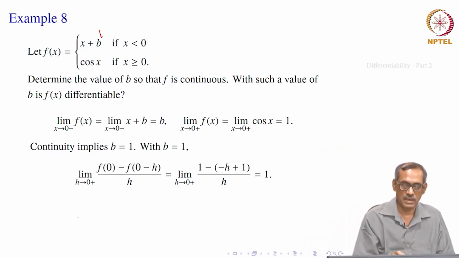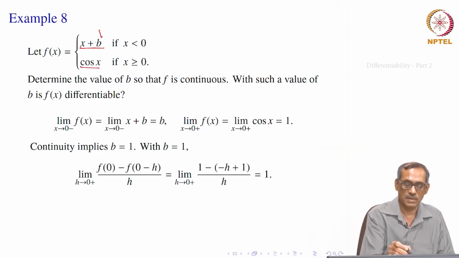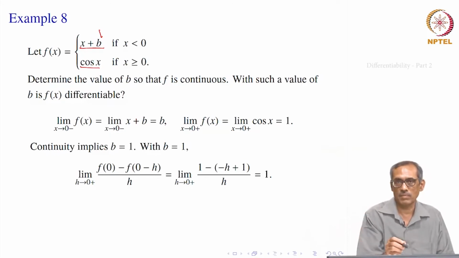At other places it is differentiable, right, because if x is less than 0, this is the function which is known to be differentiable, because of x plus b. You can find it out also, because we already know the x to the power n form and a constant. So, you can derive from there, but we need some algebra of differentiability here, like algebra of limits. And the next one is also differentiable, you know, cosine x. So, at the break point only, those end points, we have to consider, less than 0 and greater than or equal to 0. So, at 0, then what will be at 0?